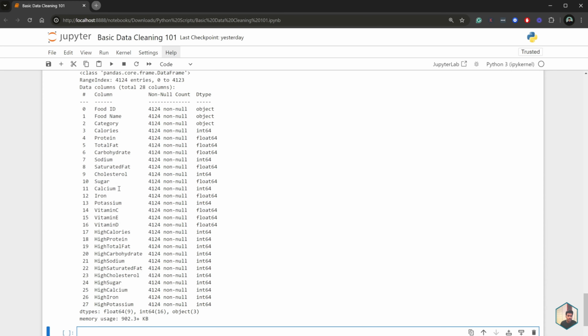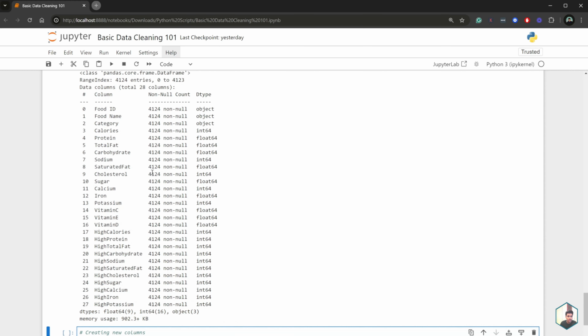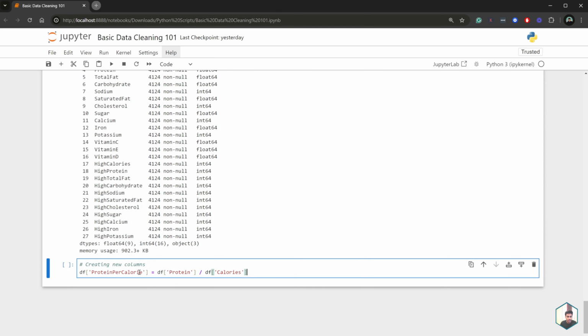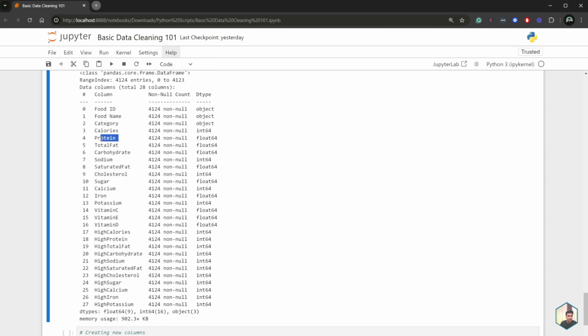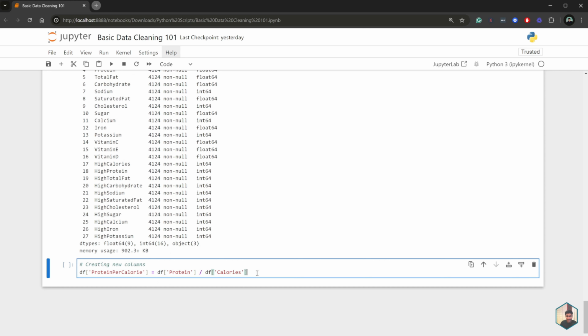Sometimes you might need to create derived or calculated columns based on your raw data. Say, for example, we wanted to create a new variable called protein per calorie, which is our protein divided by the number of calories, so that we can see which foods are dense in protein, that ratio of protein per calorie.